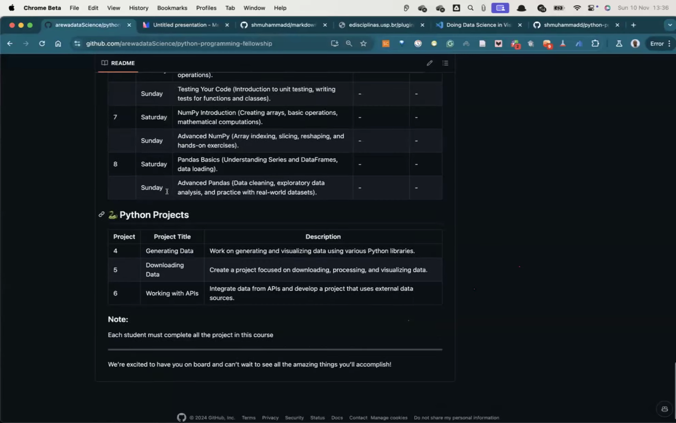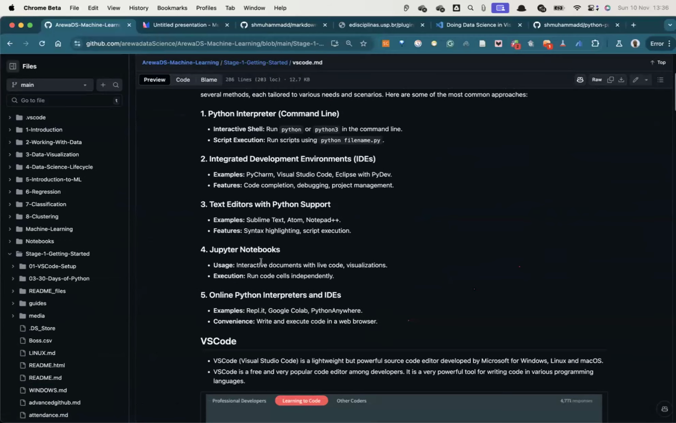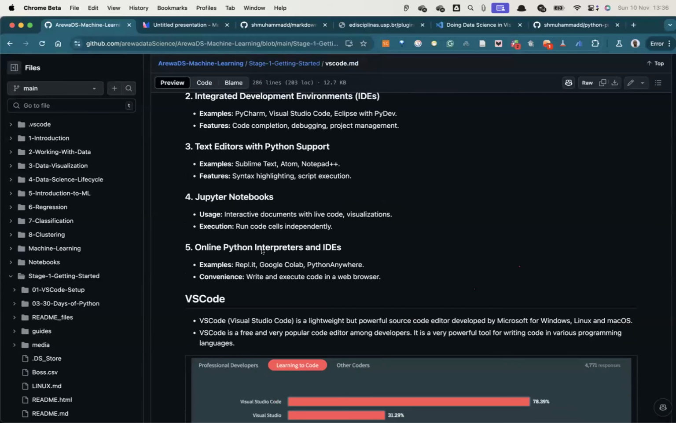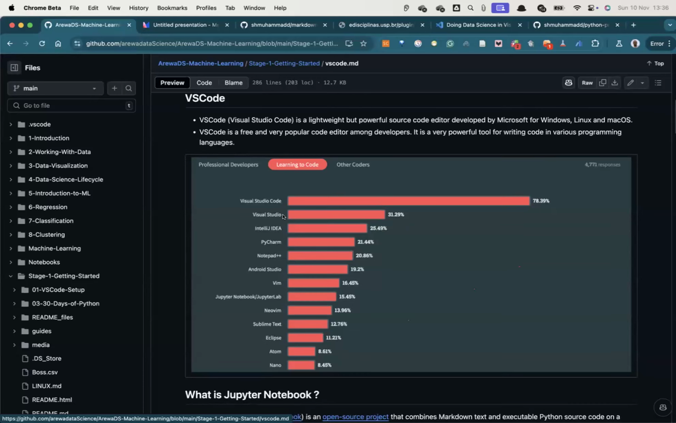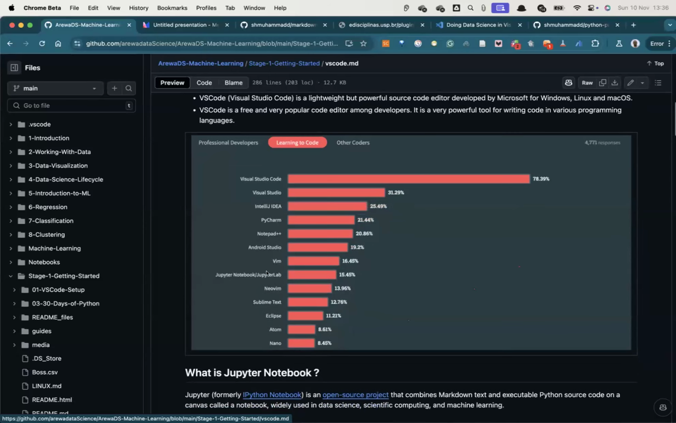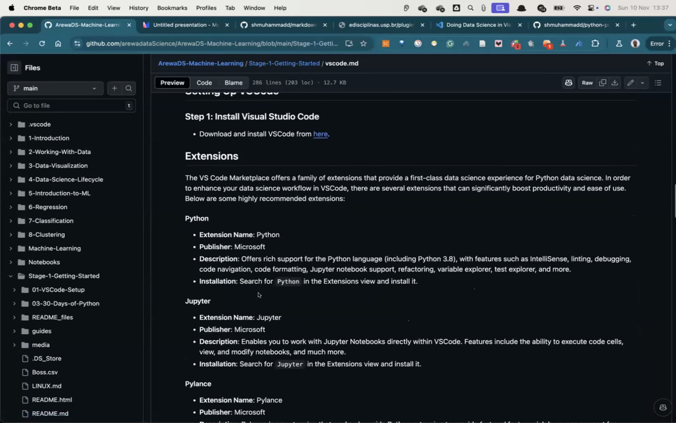VS Code extensions are nothing but, if we come to VS Code data science, you can see some of the editors that I use: VS Code, Visual Studio, PyCharm. All these are editors that I use in data science. But you can see VS Code, 78% of people are using it. So you cannot compare VS Code, for example, with Sublime, Nano or Atom, or Jupyter Lab or Jupyter Notebook. You cannot compare with VS Code. VS Code has a lot of advantages. We can